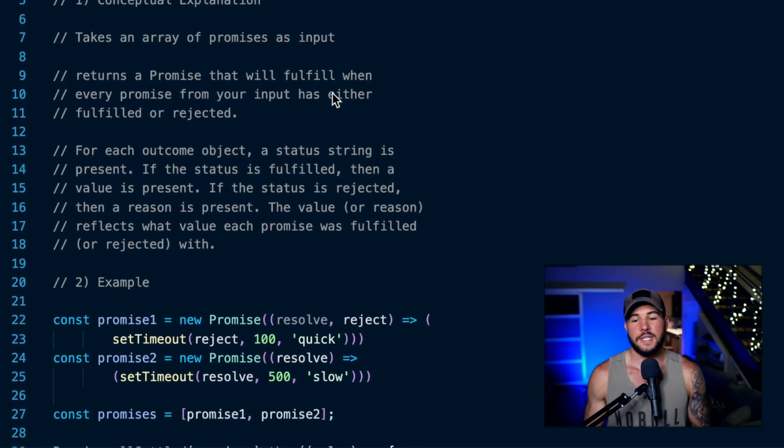So first things first, what is the Promise.allSettled method? Well, it is a method on the overall Promise object that you get for free within JavaScript. And I will show you examples of how this works in a second. But it is a method that exists on that object. And what it's going to do is take an array of promises, or an iterable of promises,